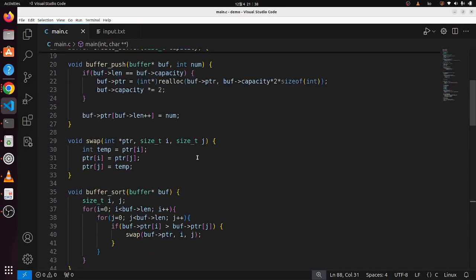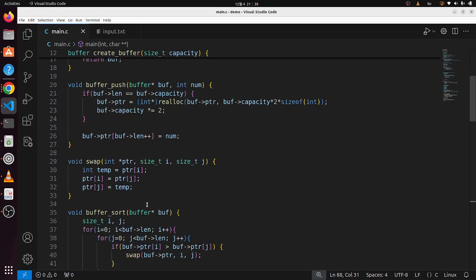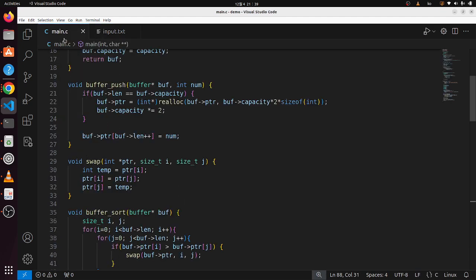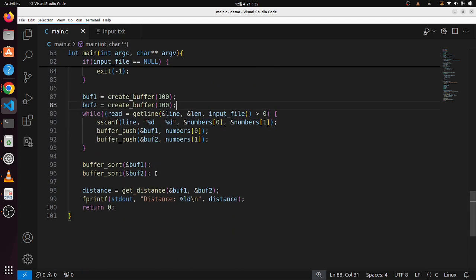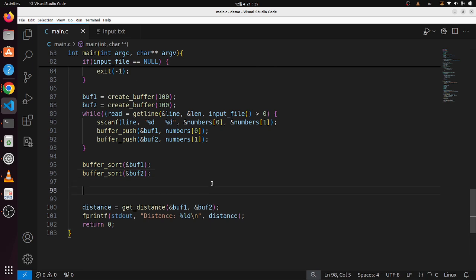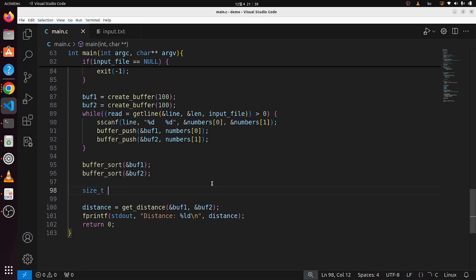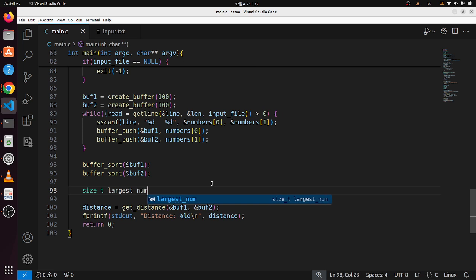So to do that, let's create a very big array. I think we can malloc. Looking at this, we don't know what the largest number is. Maybe we can just get it after sorting. That looks like a very good idea. After sorting, let's get the largest number. Largest number is equal to,